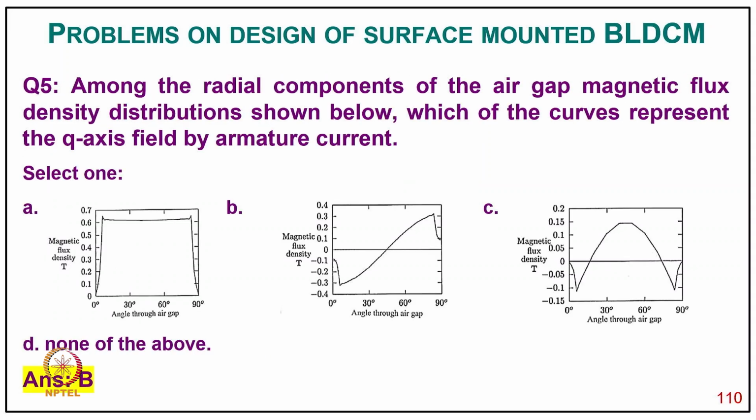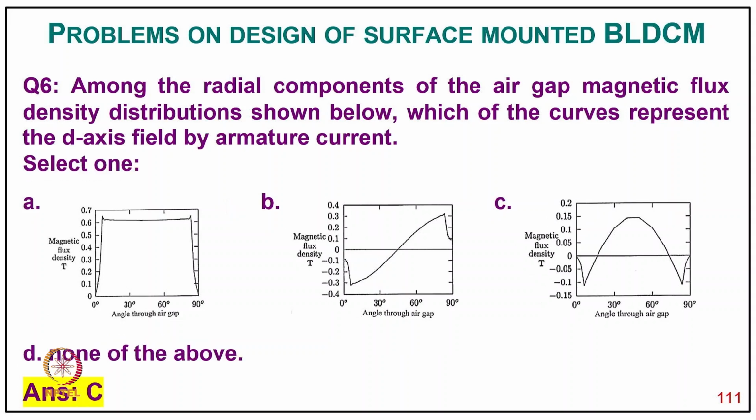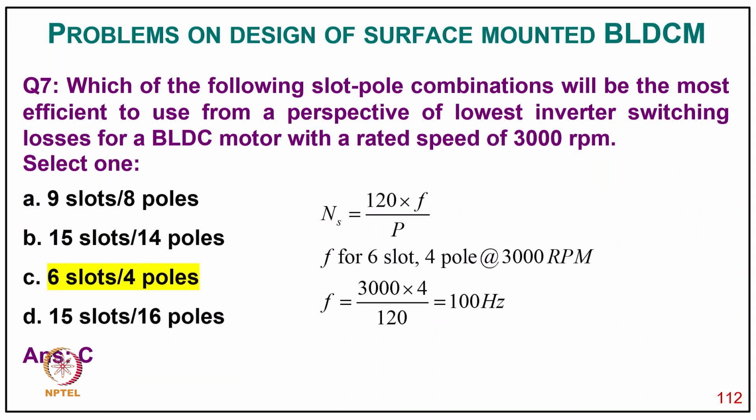4000 millitesla. And question 5, among the radial component of the air gap flux density distributions, below which one curve is represented, there is typically the B, and among the radial flux component air gap flux density distribution below which curve represents the D axis flux, typically the C. And question 7, which one of the following slot combinations will be the most efficient from the perspective of lower inverter switching losses? DC motor with rated speed of 3000 rpm, typically comes here 6 slot per pole per phase,